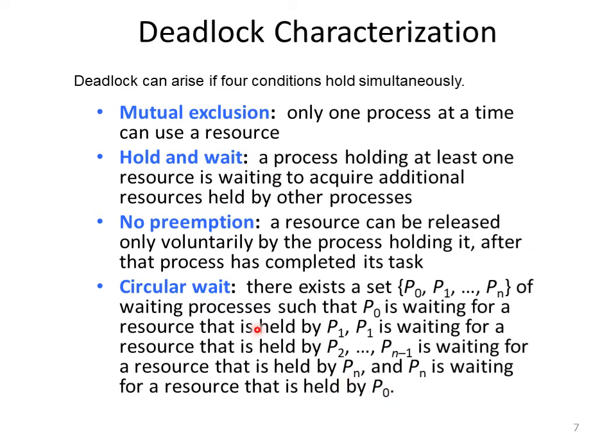So we can say that deadlock situation occurs when all these four conditions are seen in that scenario. That is mutual exclusion, hold and wait, no preemption, circular wait. All these exist simultaneously in that situation, and that is called as a deadlock. So we can call all these the four important characteristics of deadlock.